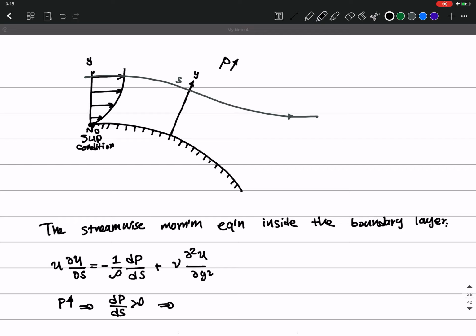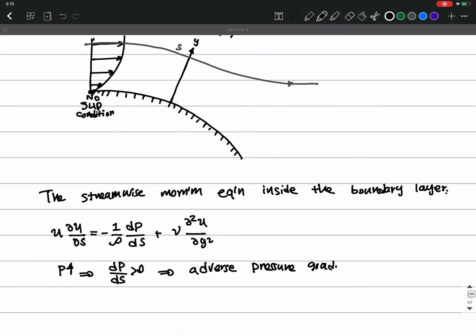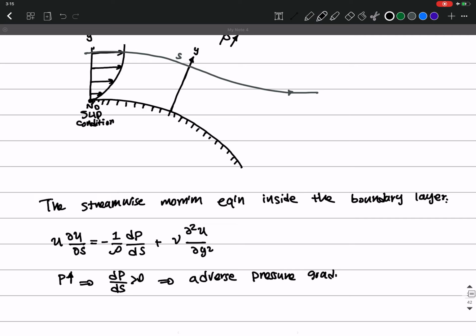So we are going to have an adverse pressure gradient because it causes the velocity to decrease along streamline S